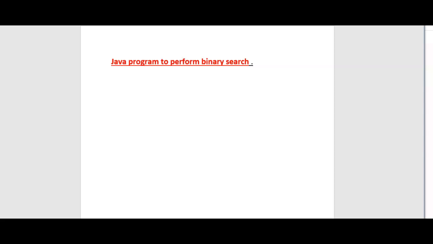So let's understand what is a binary search and what is the time complexity of this binary search. When we see the time complexity of binary search, it is O of n log n. Let's try to understand what is a binary search. Binary search is a fast search algorithm with runtime complexity of big O of log n. Sorry, not n log n, it's big O of log n.